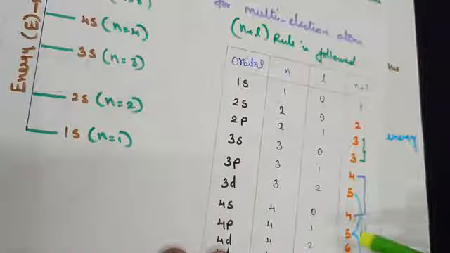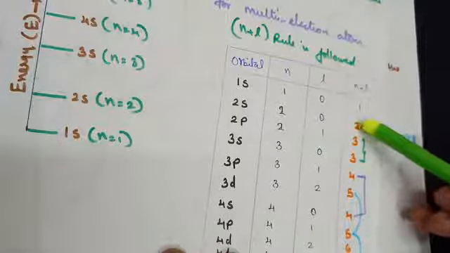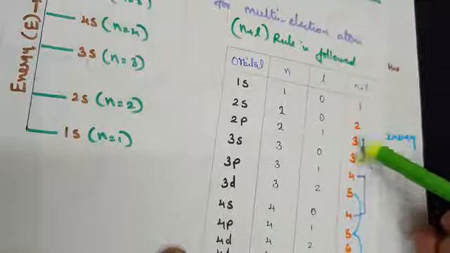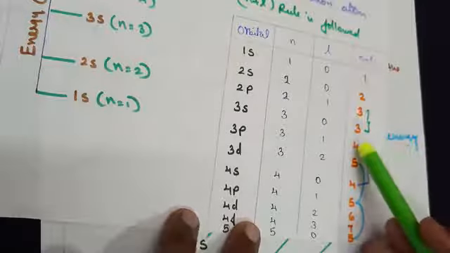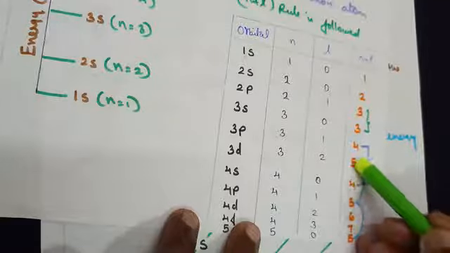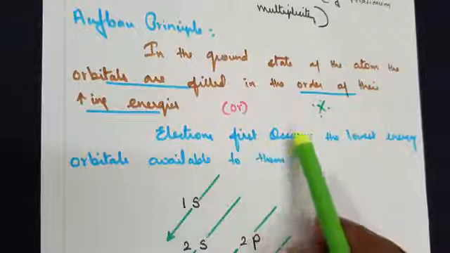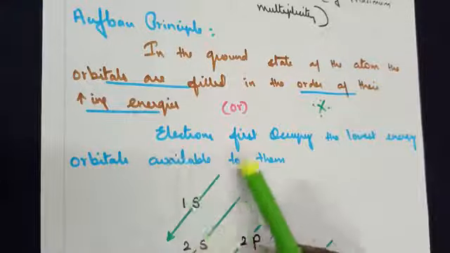Here, I would like to bring back to your mind the energies that you have calculated. You see, 1s orbital has n plus l value 1, 2s has 2, 2p and 3s have 3. If you look at 3p and 4s, you've got 4 and 4, and in between, the 3d orbital is coming. So when you write the electronic configuration, 3p should be followed by 4s. Only then will the 5s orbital come in. So just remember the concept; I'll show you how to remember it quickly here. This is the meaning of electrons first occupy the lowest energy orbitals available to them.